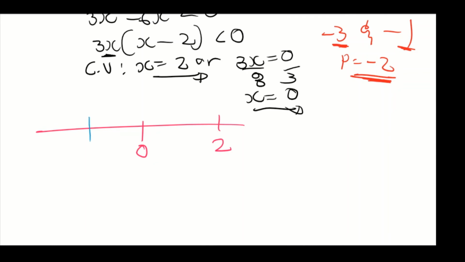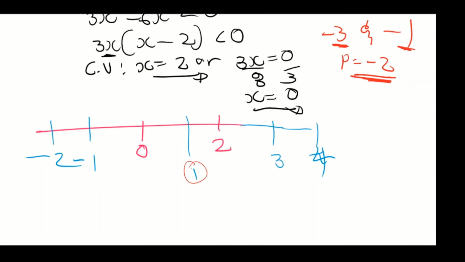You're going to test values before 0, which is maybe minus 1 or minus 2. You're going to test all those values. Even between 0 and 2, you're going to test 1, and after 2 comes 3 and 4. All those values you're going to test. Why are you testing? You want to identify the signs that lie between these numbers. So when you are done testing, if, for example, you test the value of x being equal to 1,